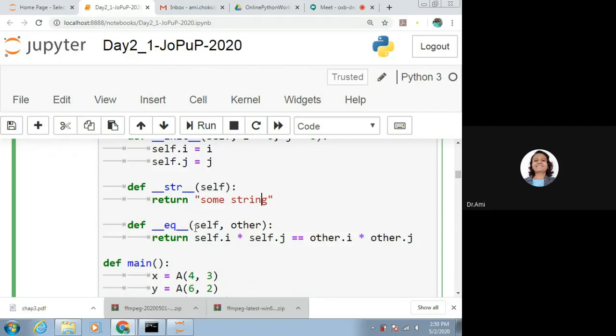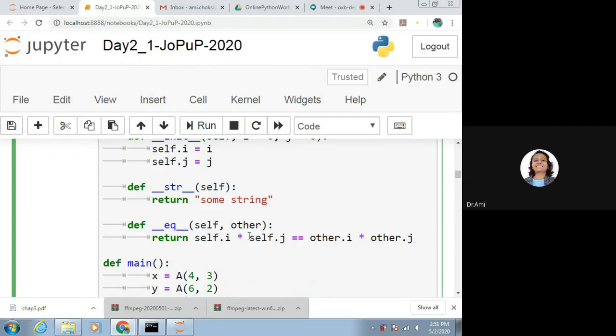We check for two objects, that is self and other. We implement equality by checking if self.i multiplied by self.j is equal to other.i multiplied by other.j. If these two values are the same, we can say self and other objects are the same.